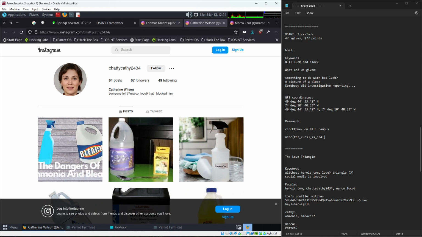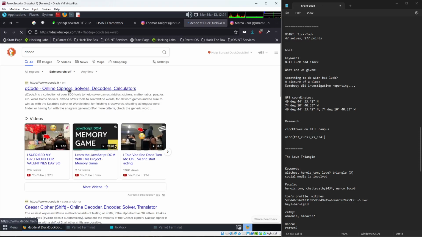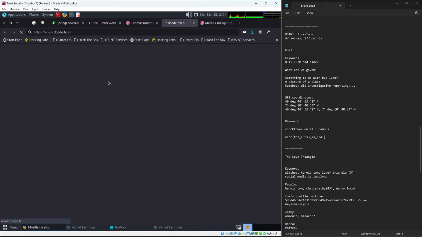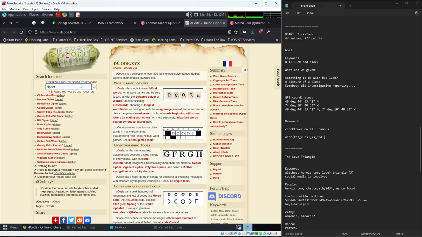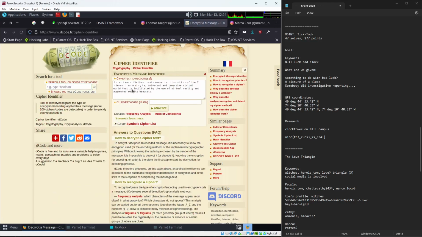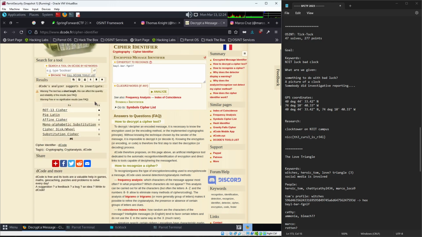All right, so there are a few things that you could do. You could either stay where you were, or I'm gonna skip ahead, decode, and you can go to other sources to help solve it out. Now decode.fr, I use obviously the English side of things. This is a great way to find out what type of cipher you have. You have a cipher identifier. Anyway, let's analyze. And it'll say what they think this might be.